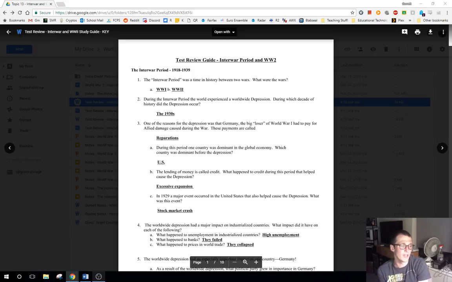Economy and the global economy, and that's going to really be the United States. You're going to have what's called the Roaring '20s. The stock market growth is going to be considerable. You're going to have a lot of people making a lot of money, and it's going to be a lot fueled on credit and things like that, right? You're going to have this excessive expansion that happens in the United States and even partially around the world too,